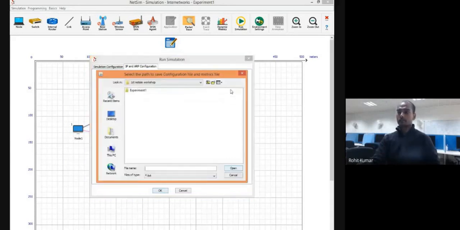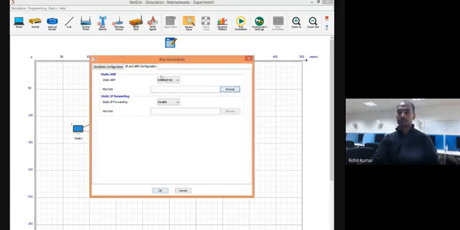and then you will browse that particular file. Click on it, browse it, and wherever your setup with respect to that protocol is, you simply choose it and enable it. But we are better off choosing the auto behavior because we have not created any support file for a specific protocol. And IP forwarding means whether the IP will work in its intended way or not. So obviously you don't want to disable it. In local LANs it is not required, but if you use a router, etc., obviously it has to be enabled. So you enable it, and if you want, you enable it with a file.